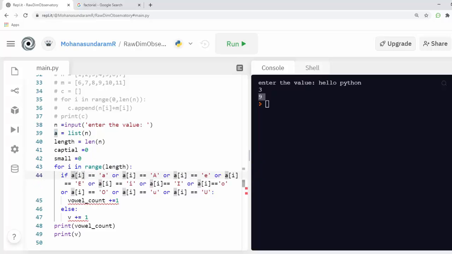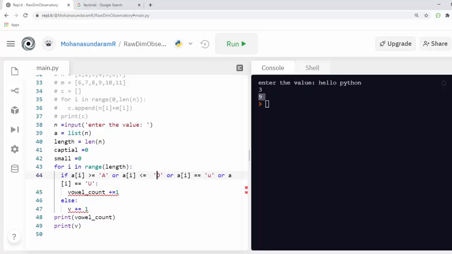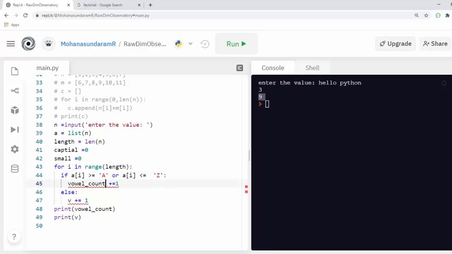For i in range, if a of i is greater than or equal to capital A or is equal to capital Z, which means I add 1 to my capital.